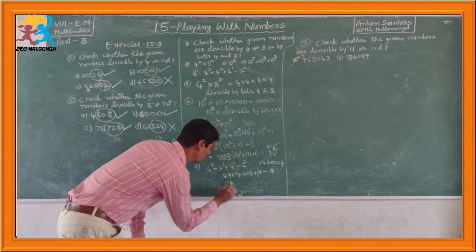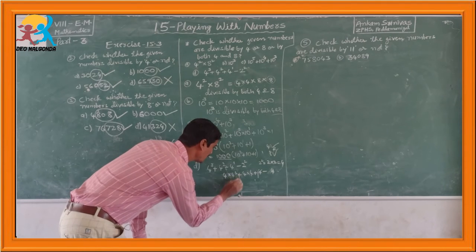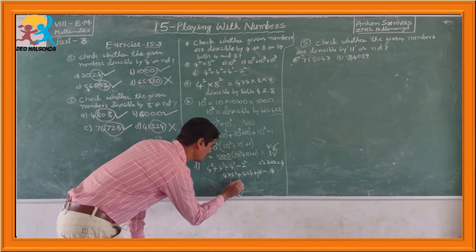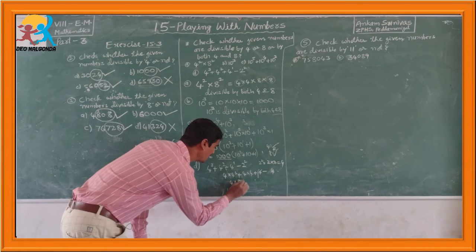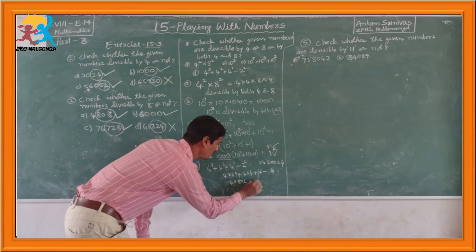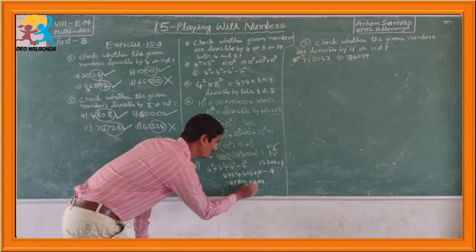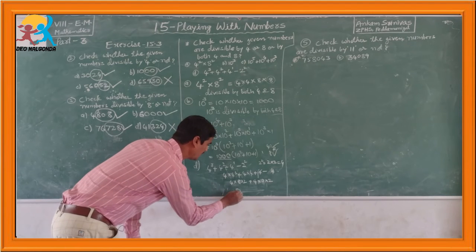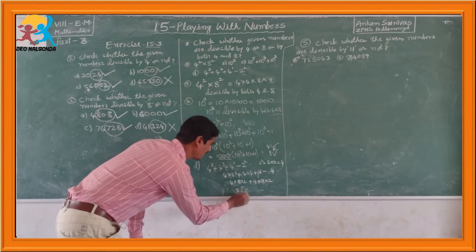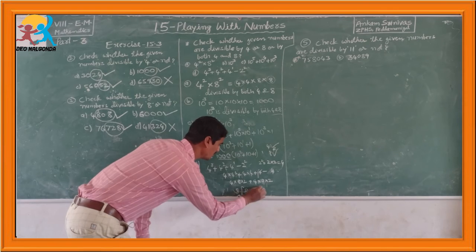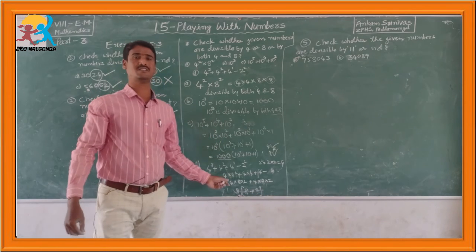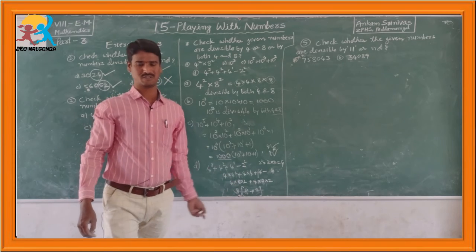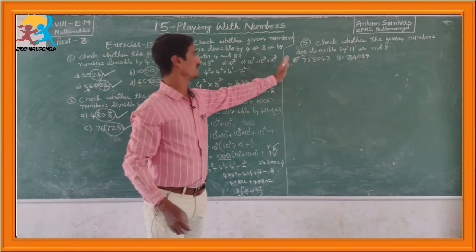Yes children, 4 into 4 square, you can write the 4 4s are 16, 16 4s are 4 16, you can write the 8 2s are 16, and 4 into 4, so 4 into 4 you can write 2 into 2, so 8. If we take the 8 common, here we will get the 8 plus here 2. So this also divisible by 8 and 4.